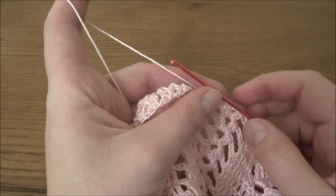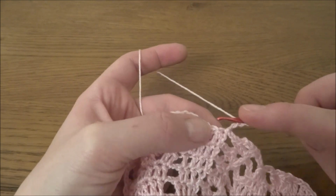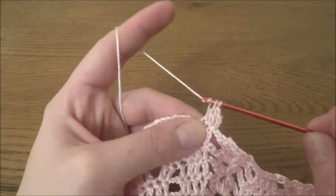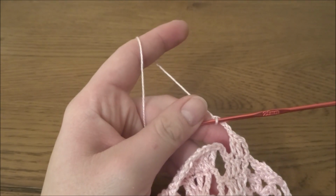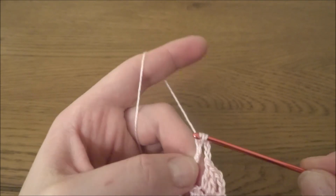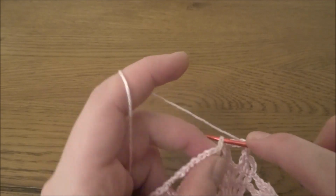Now round 17 we have to start by making chain of 3 as a first double crochet, then into the next 2 stitches we will work 1 double crochet in each stitch, 1 and 2. Now chain of 3, we need to skip the last double crochet, and into the first treble crochet we will work 2 treble crochets. So 1 and 2. Into the second we will work 1 treble crochet,